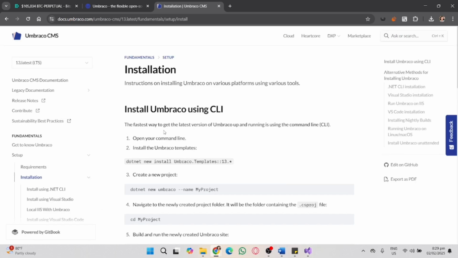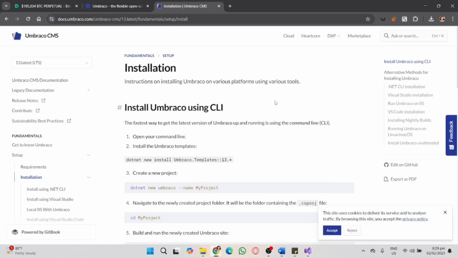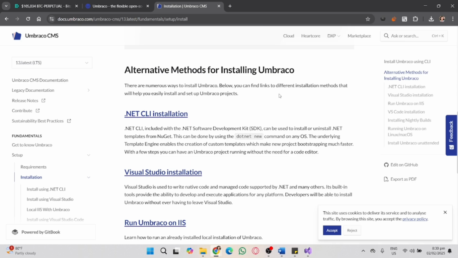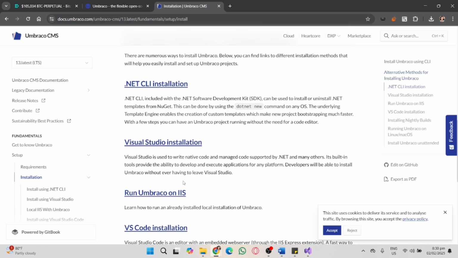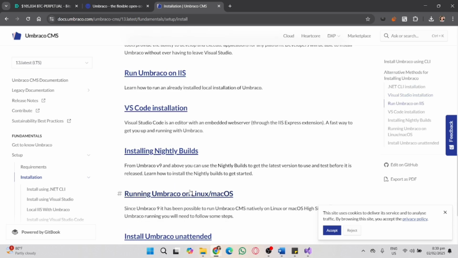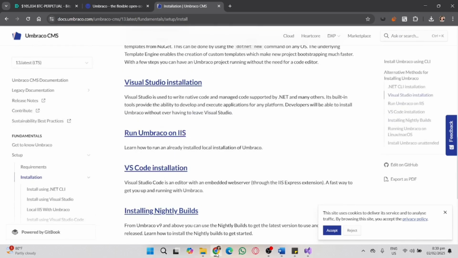So click that, and in here, it will show you some installation instructions in order to download the Umbraco. So we have alternative methods in here. We have .NET CLI installation and the Visual Studio installation, and then you can also install it with VS Code installation, and that's it. That's how you download the